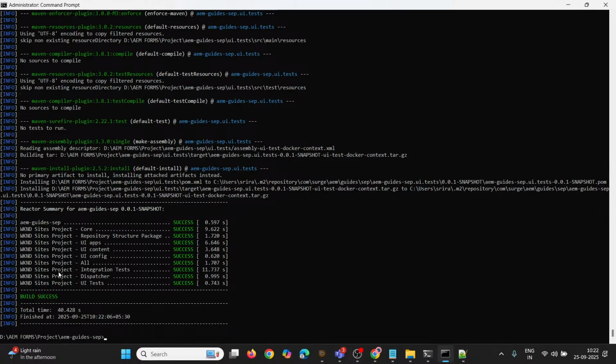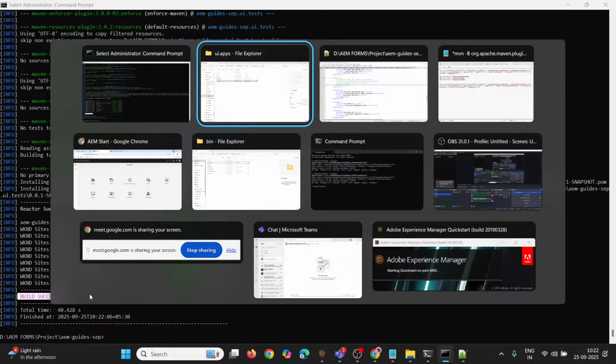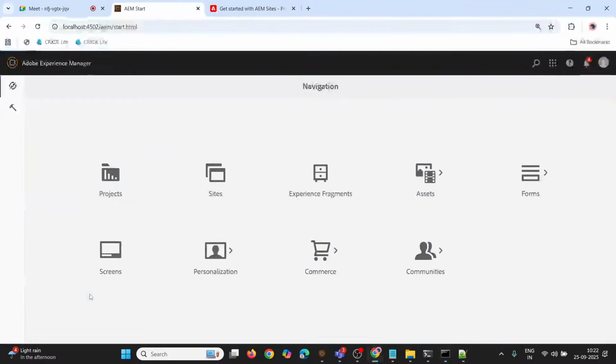Okay, so now it has been deployed successfully. Now it says build is successful. So now we have to check whether all the modules have been installed in the AEM or not. So where it will store the content? Any content inside AEM, where it will store